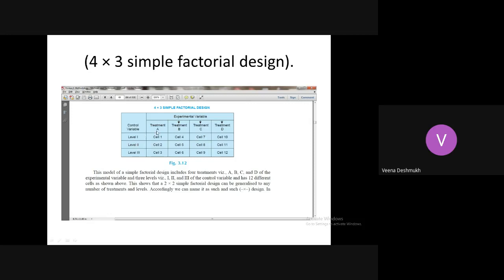I will take the example again of groups of students: 4 groups of students, each group with different levels. Now the IQ levels, say, are low IQ, medium IQ and very high IQ. So these are the 3 levels you are categorizing, and 4 groups are there.